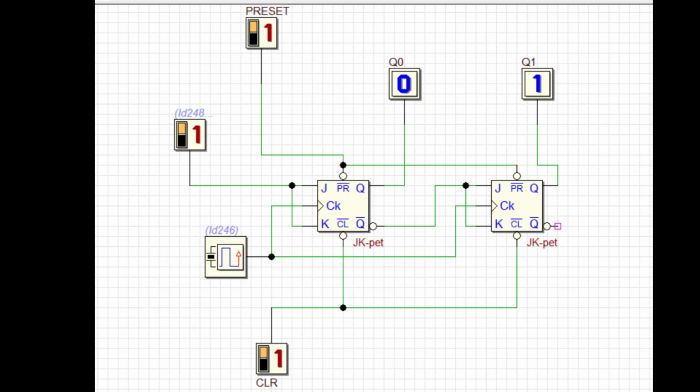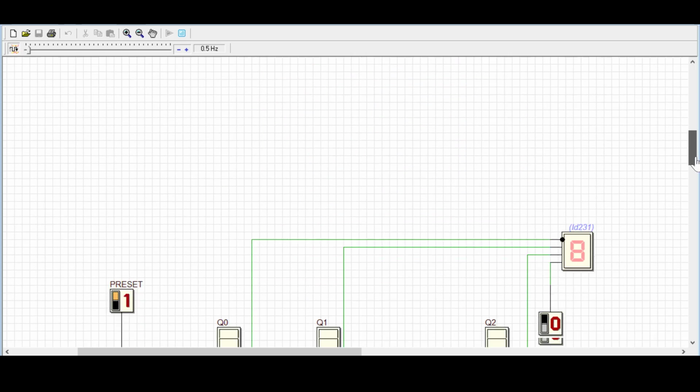If it is 3-bit, what are you going to do? You are going to add one more extra flip-flop here. This will be the same. For the third flip-flop, you are supposed to give the input to J and K. That will be the multiplication of Q0 bar and Q1 bar through an AND gate. That AND gate output will be given as an input to the third flip-flop. If you look at the circuit,